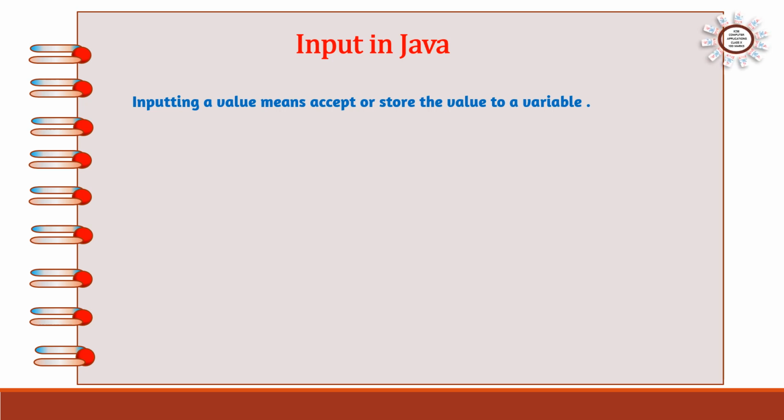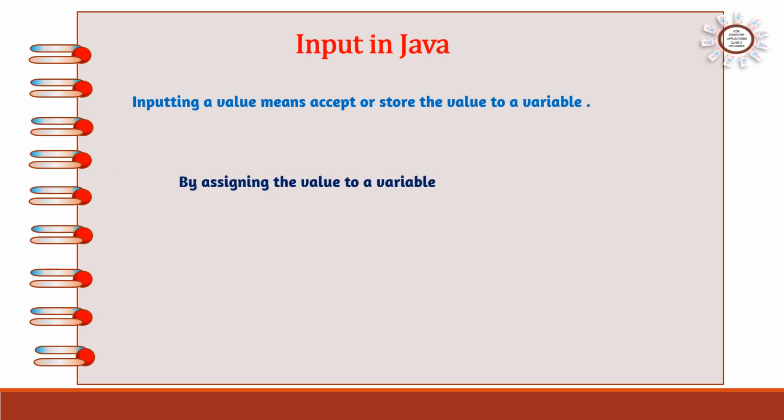That means if you are storing an integer number, it will be stored to an integer variable, and a decimal number with a decimal point will be stored to a double data type, strings with strings and characters. So accepting the value from the user or assigning the data is known as inputting. So here we can see how we can give the data to the computer for programming.